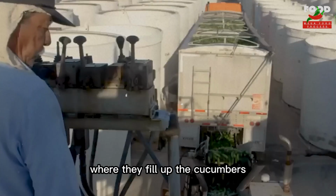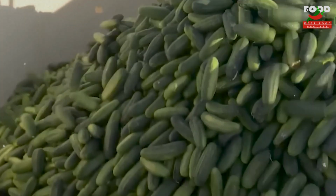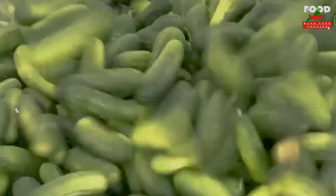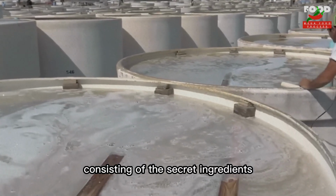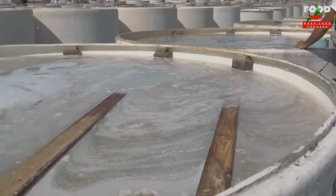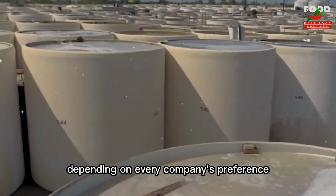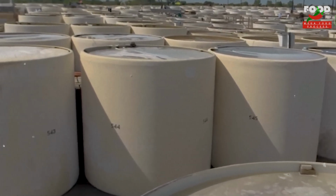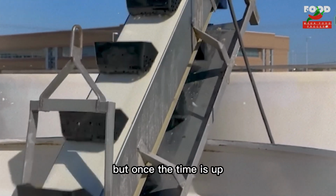Brining is the process, with a flavorful solution. Consisting of the secret ingredients and tangy deliciousness. The cucumbers rest in brine for 1 to 4 weeks. But once the time is up,